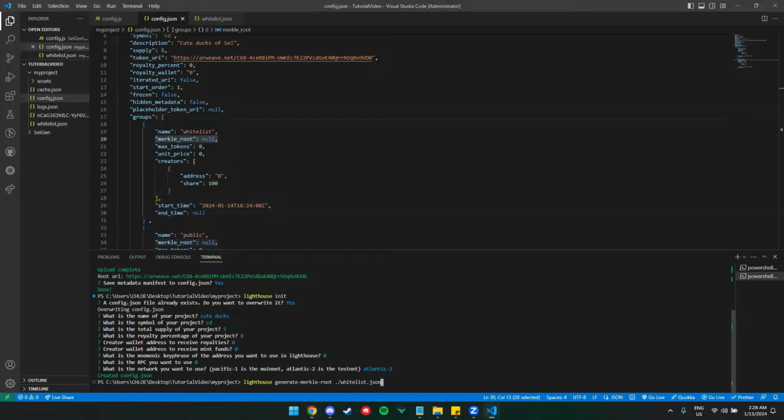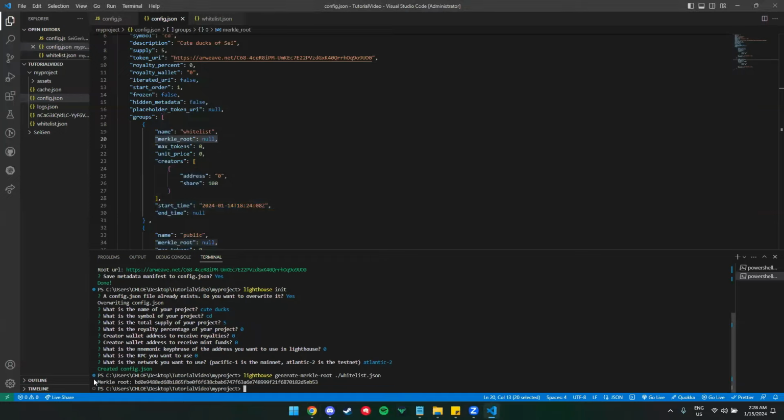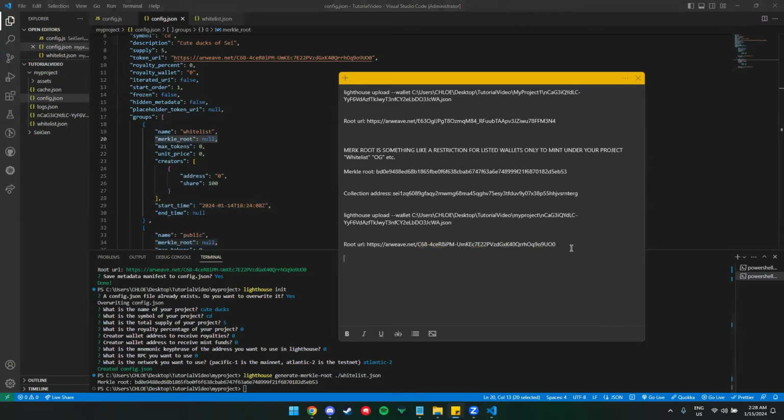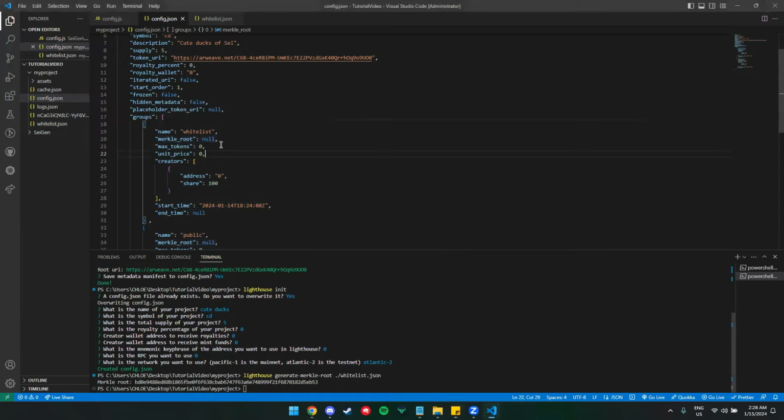So after that, hit enter, and it will generate a Merkle root. You can save this for later, just in case. And for the Merkle root, you copy this and paste it here. Okay, so you need to put quotation mark, double quote, and put your Merkle root and save it.